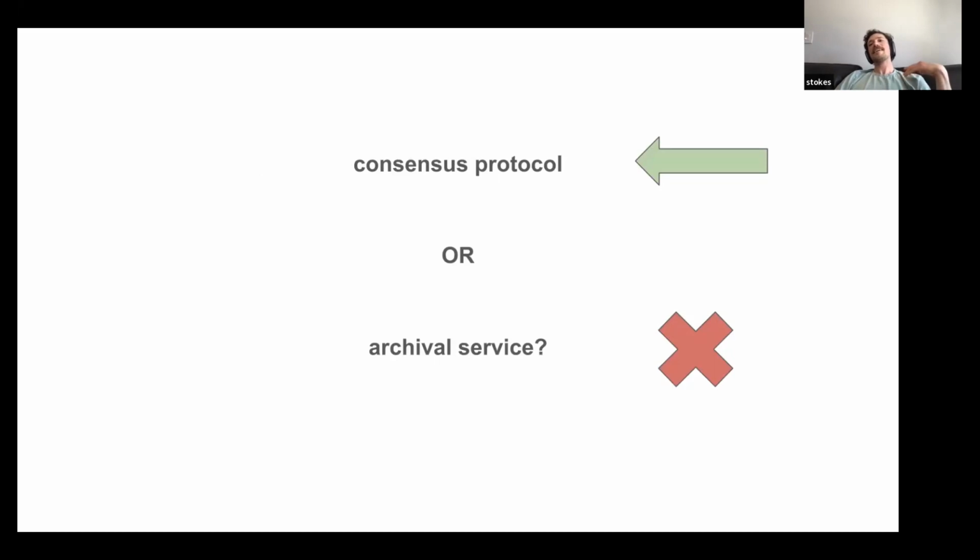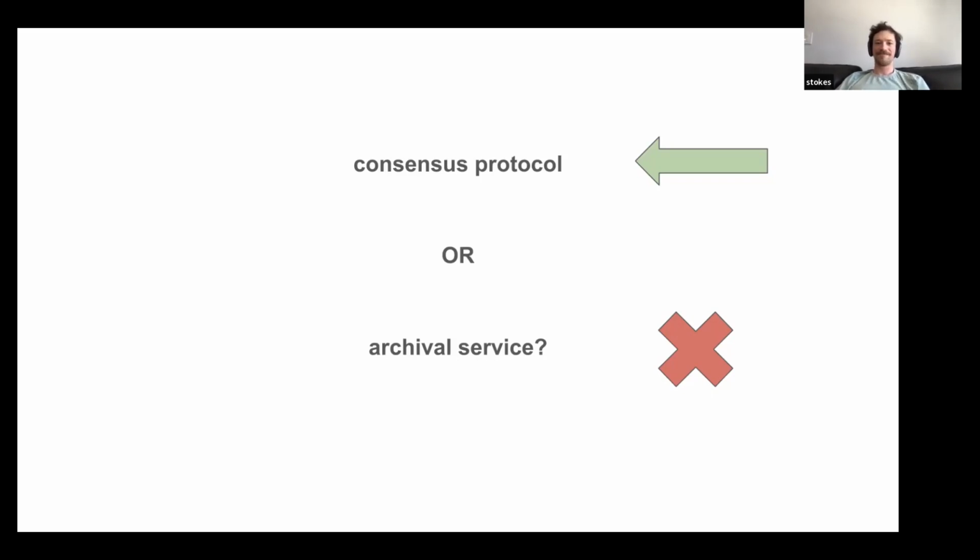So basically, the point I'm trying to make here is, what is Ethereum? Is it a consensus protocol, or is it some archival service? I would say it's a consensus protocol. It should not provide any archival duties. I think that the position of the EIP is aligned with this as well. I think that even pointing to some of these forward-looking research directions that seem to have a lot of support so far, it's very much the former, not the latter.